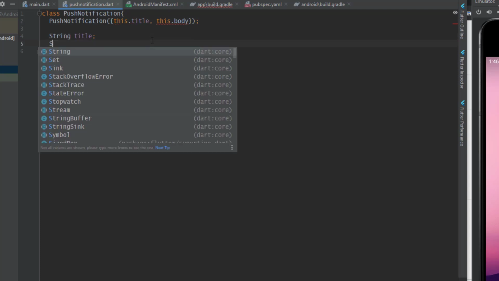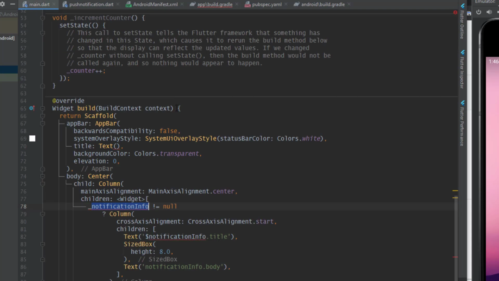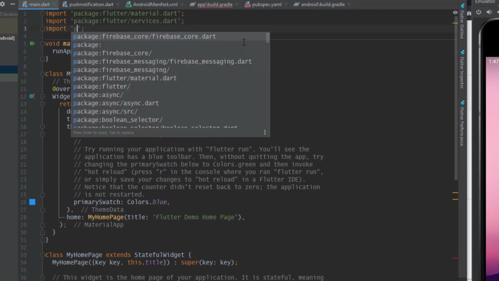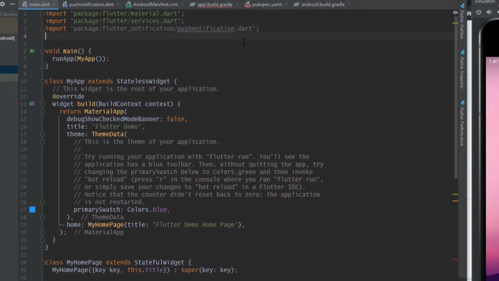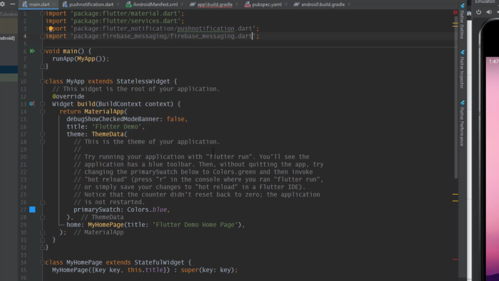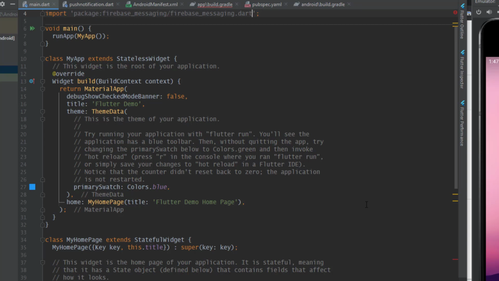then we assign the constructor, which means that when we have a push notification object, what is going to be included in this object. We can say this.title and this.body, and then we are going to specify the type, String title and String body. Now we go back to our main.dart, and at the top we are going to import the push notification file, and also we are going to import the Firebase messaging, and